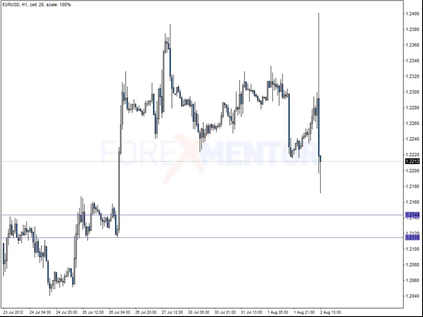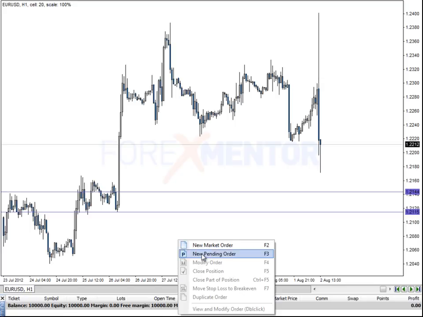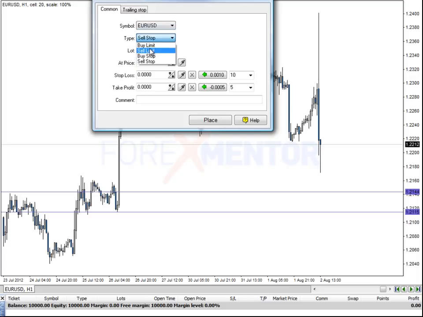So if we go to our platform, I want to place a pending order, okay, and we're going to look at placing a buy limit at 121.44, plus the spread on this platform, it's 1 pip at the moment. Okay, so 4.5. Now, in terms of stop loss, this is a bit on the wide side for a scalp,